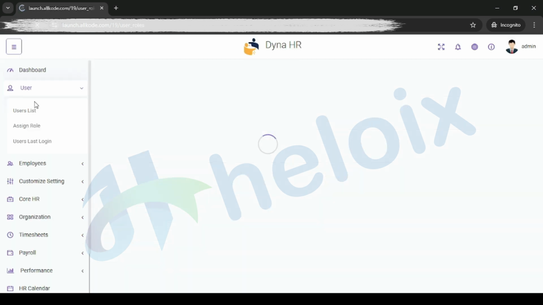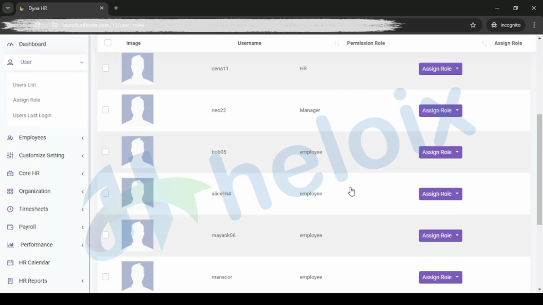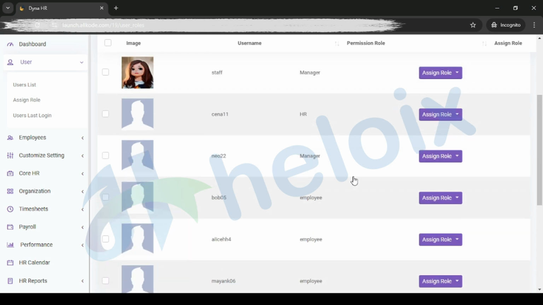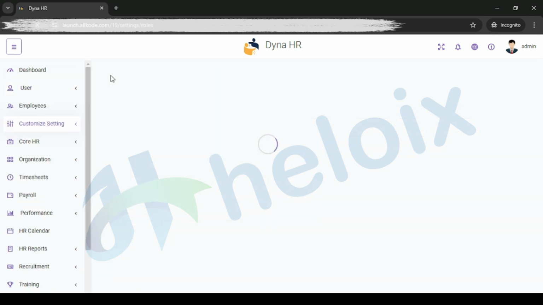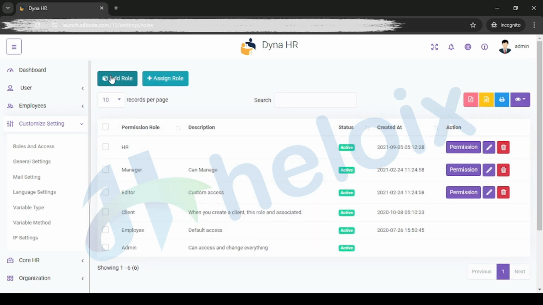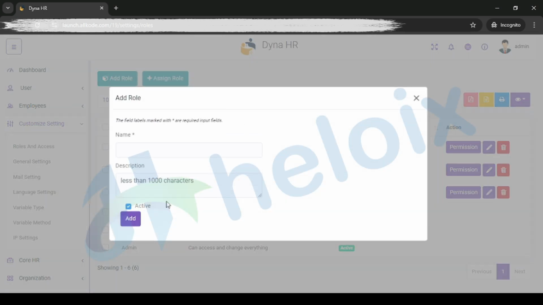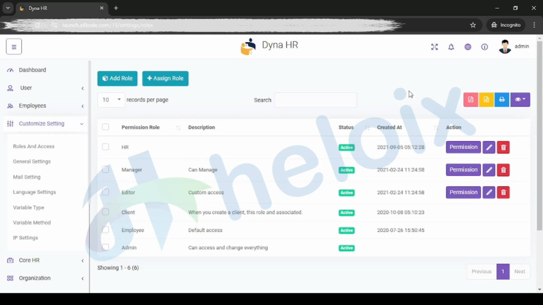After that we have assigned roles. These roles we have created for demo purposes, or you can set up your own roles according to your requirement. These are some roles. If I click on a role option, then I can create a role here, with the name and other details which we need to fill. We can add, delete, and give permissions to them.